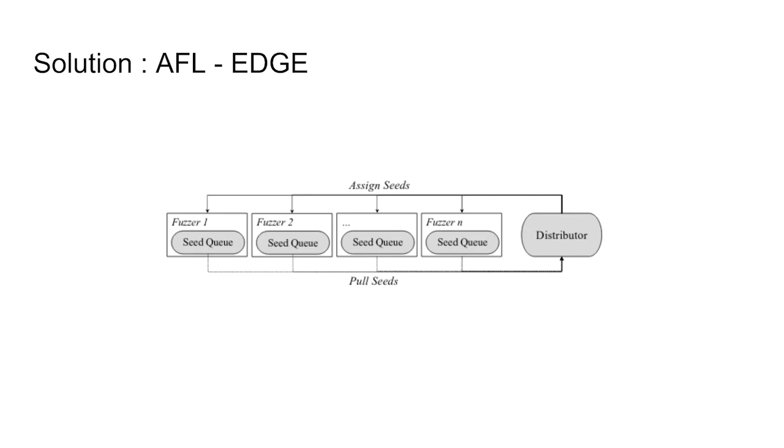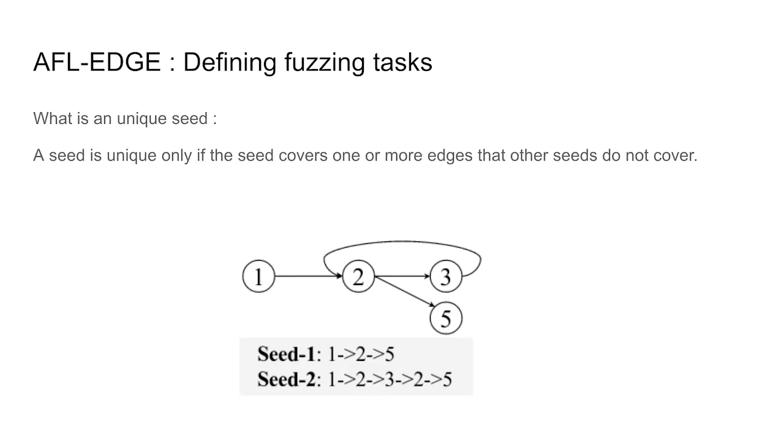Then we propose a new solution following this model. Our solution follows the workflow in this figure. We can see it periodically distributes the tasks. In each round of the task distribution, we pull the seeds from all instances, partition them into unoverlapped, similar weight subsets, and finally assign them back to each instance.